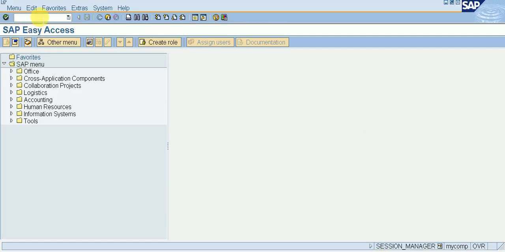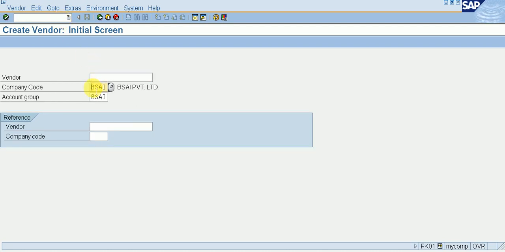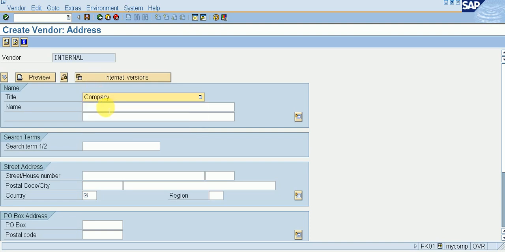Okay, now go to /n XK01 and go to FK01, /n FK01. So I'm selecting my company code and account group XYZ1 and XYZ1. Enter, give a title, company name, 111 private limited,